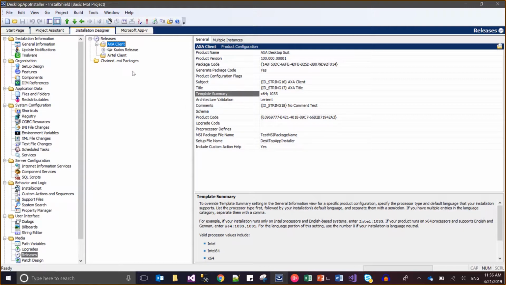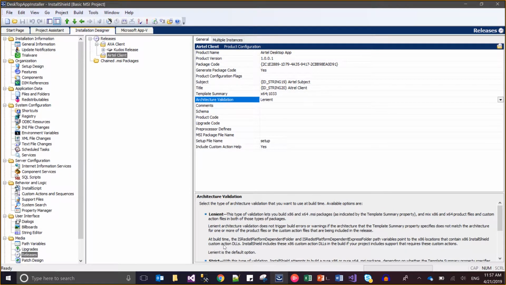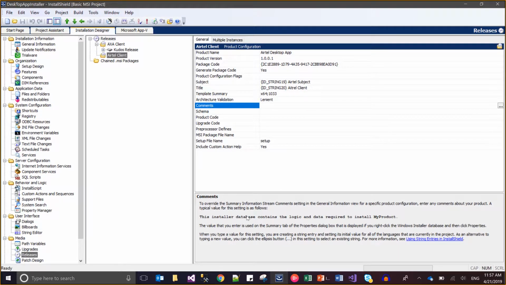Now architect validation. I don't know what the architect validation is, but it's something like you can read the things here, right? So this will help you with information for each thing. Now comments, it's just a comment: this installer contains the logic. So this will not be shown or displayed anywhere. Just an example, whatever it may be. Same thing goes for the exa, example exa,